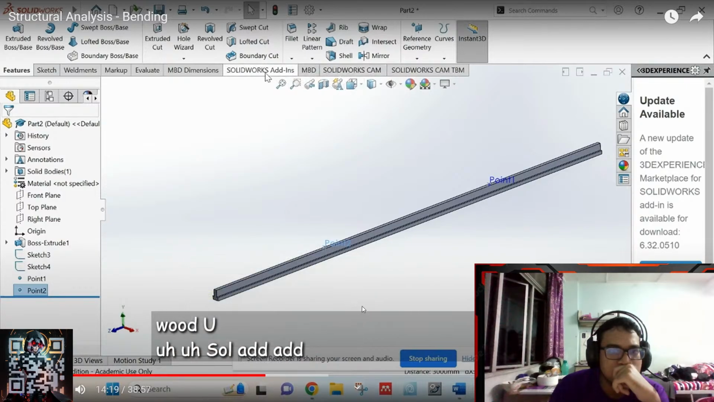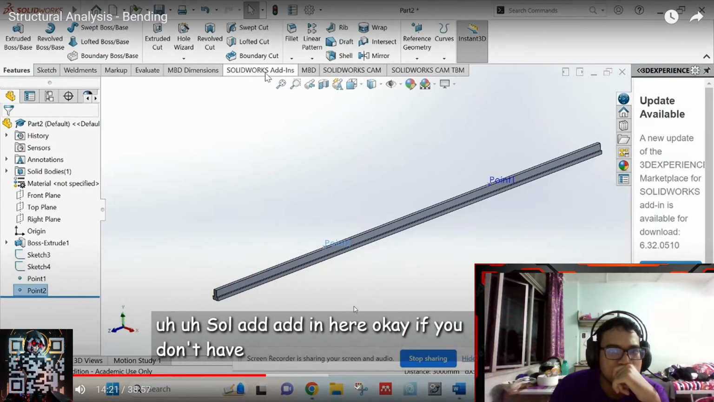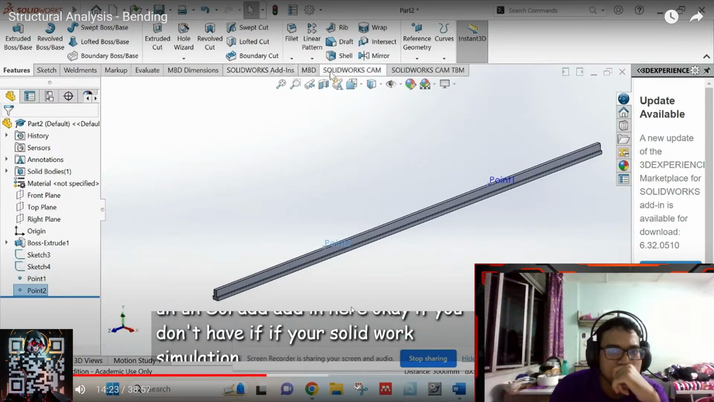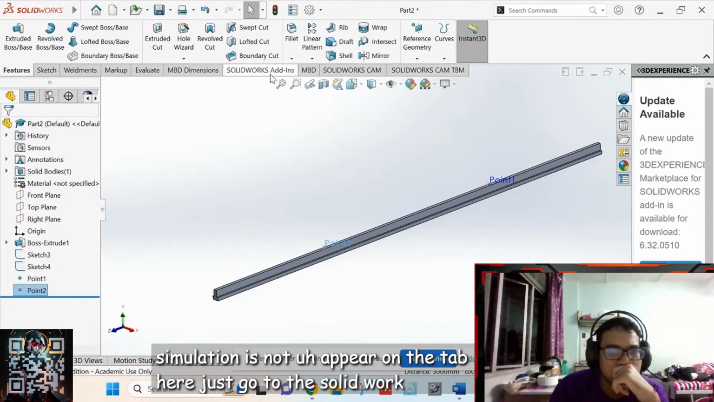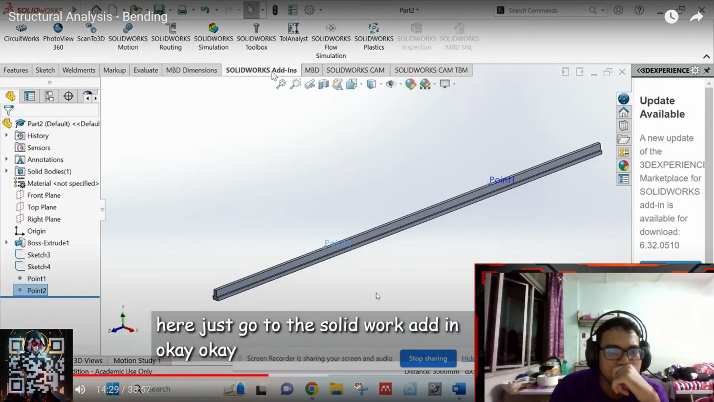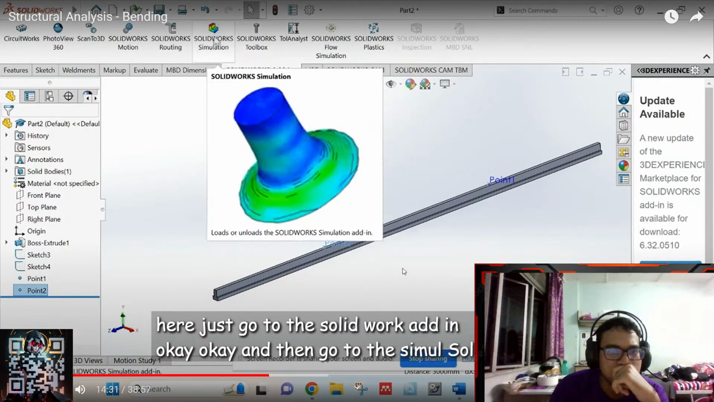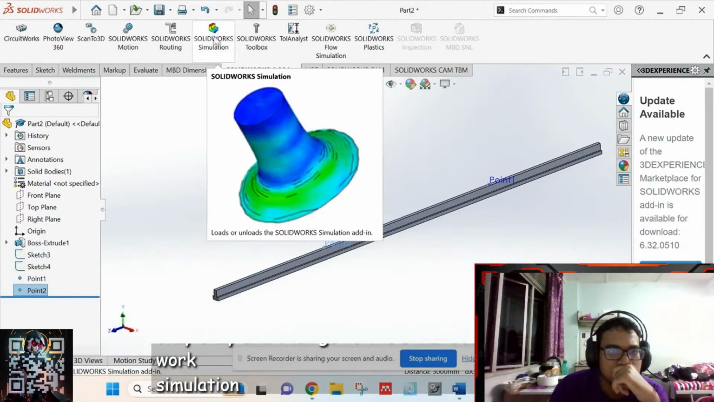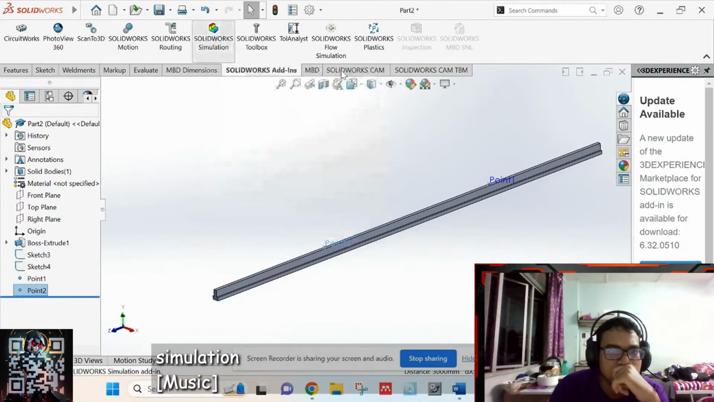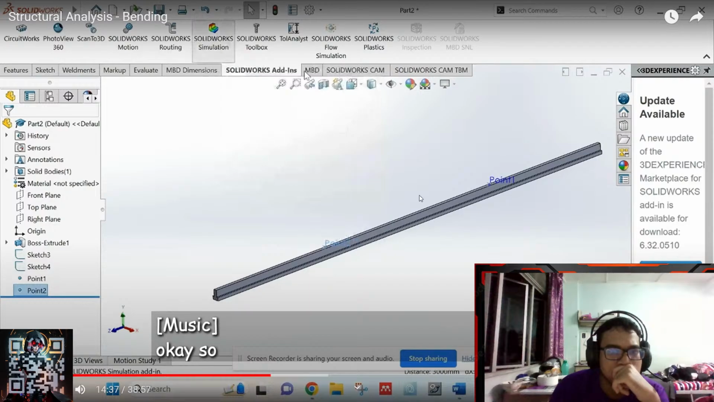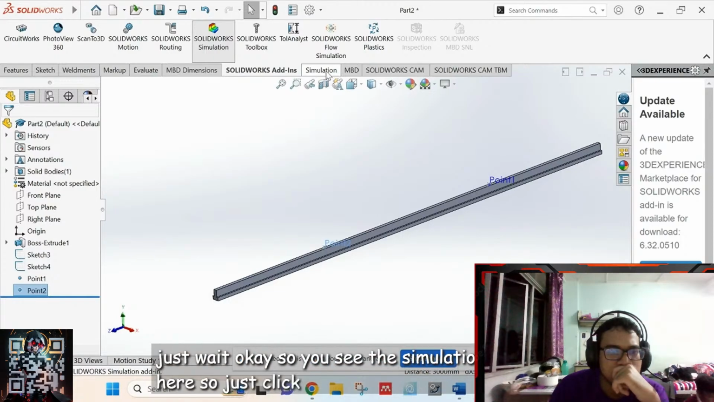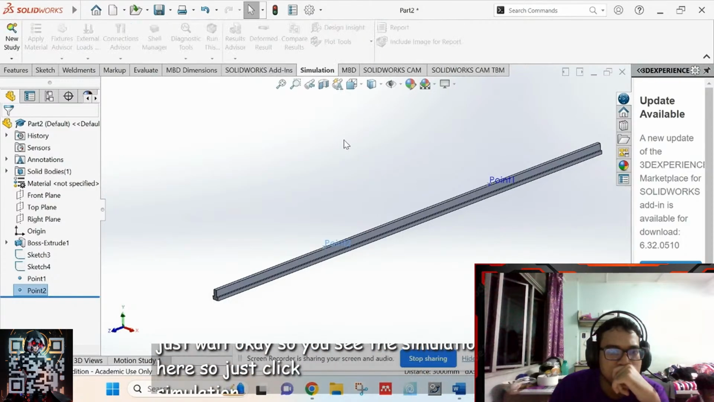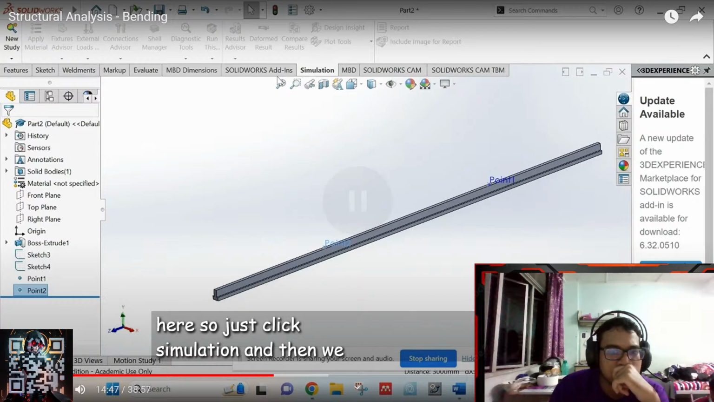SolidWorks add-in here. Okay, if your SolidWorks Simulation does not appear on the tab here, just go to the SolidWorks add-ins. Okay, and then go to SolidWorks Simulation. So the simulation will appear here. Just wait. Okay, so you see the simulation here. So just click Simulation, and then we